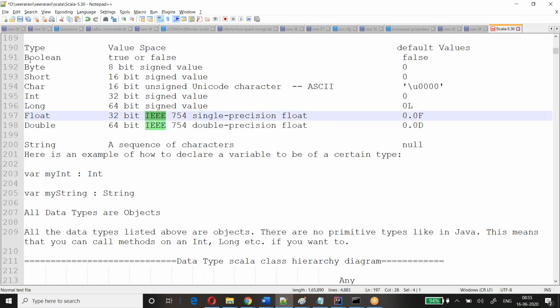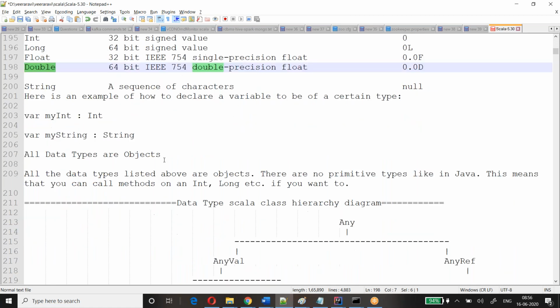Other stuff you can make a note of: Boolean, byte, short, char, int, long, float, double. Once you make a note of this,